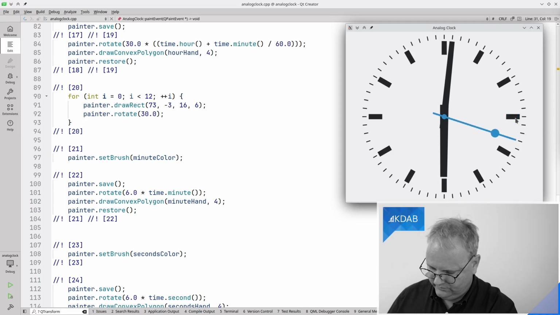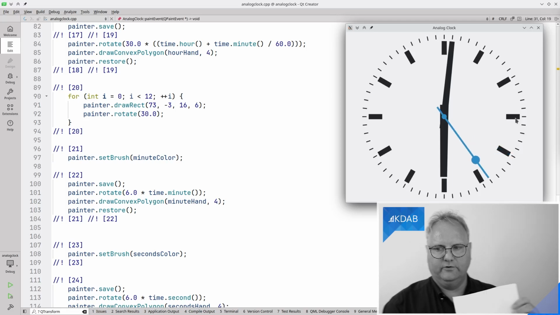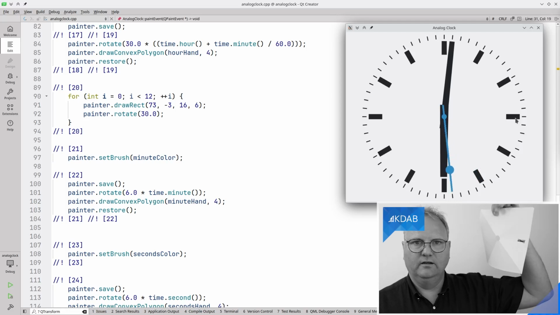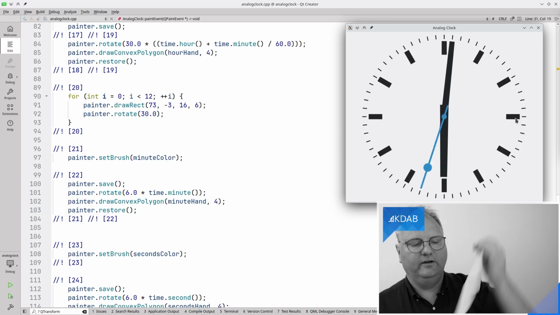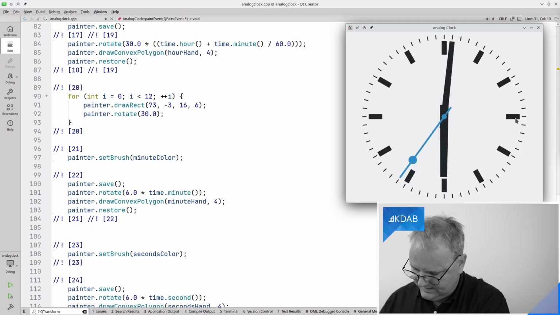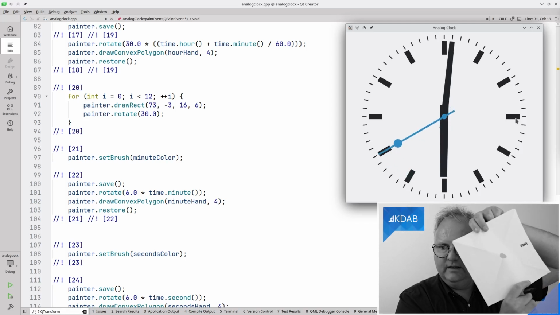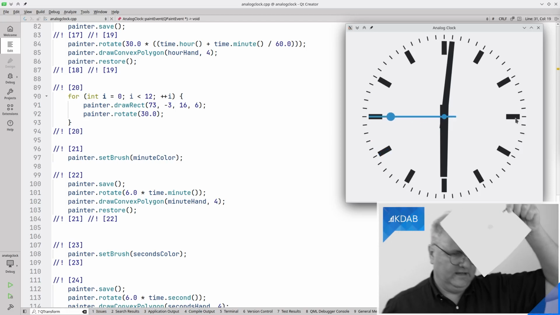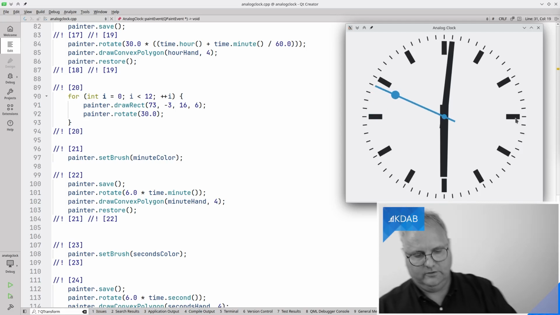Let me draw that for you here on my piece of paper. I'll even fill it out for you just for your enjoyment. There is the clock. Oh yeah, okay, I'm not done with the 12 steps yet, because now I'll rotate 30 degrees. And it goes like this. I rotate 30 degrees, and now my coordinate that was 73, minus 3 is sitting right here. So I'll draw that one.